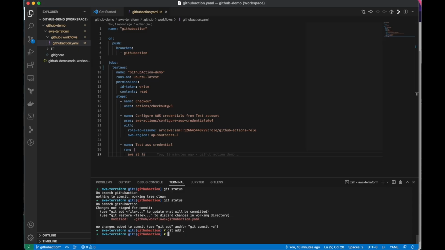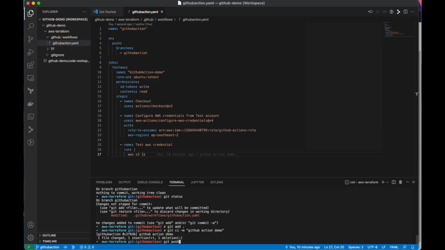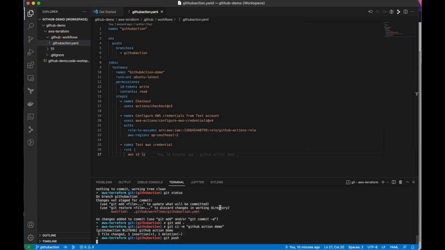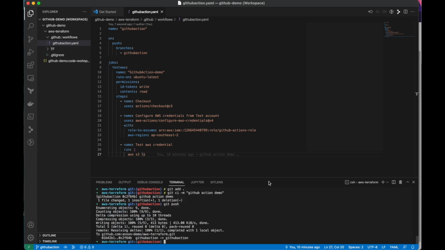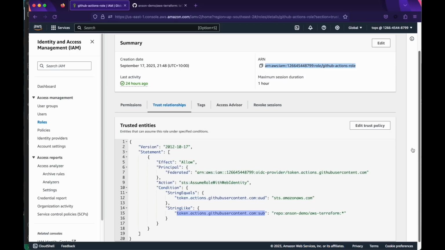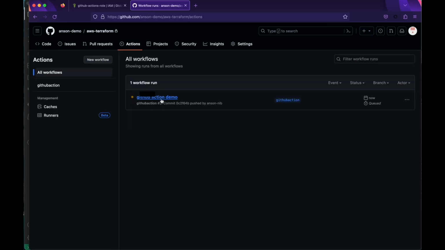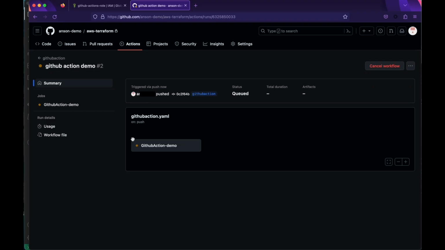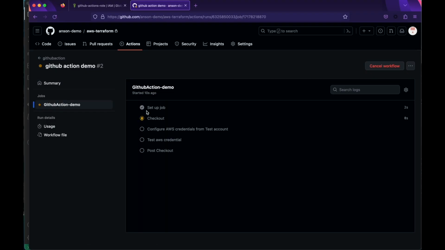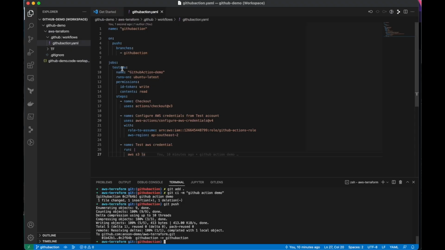Now let's push the code to GitHub. Go to the Actions tab in the repository. You will see the workflow triggered by the recent push. Open the workflow to observe each step being executed. Finally,